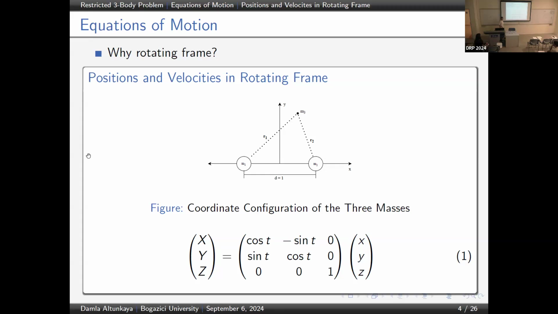So we're going to study in the rotating frame. We actually study in the inertial frame in classical mechanics, but this time will be different. We will be in the rotating frame because it's a lot easier to calculate there. Why? Because when you rotate the plane, you rotate these masses, and the kinetic energy of these two masses will be equal to 0. So you can calculate even more easily.